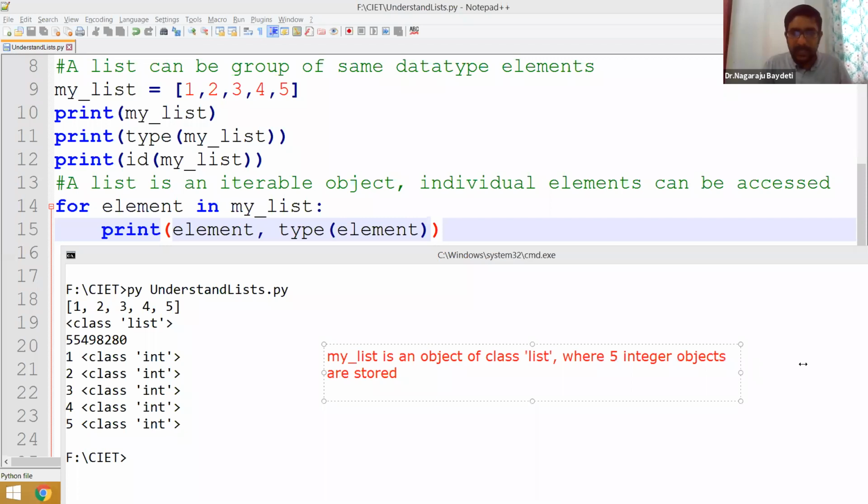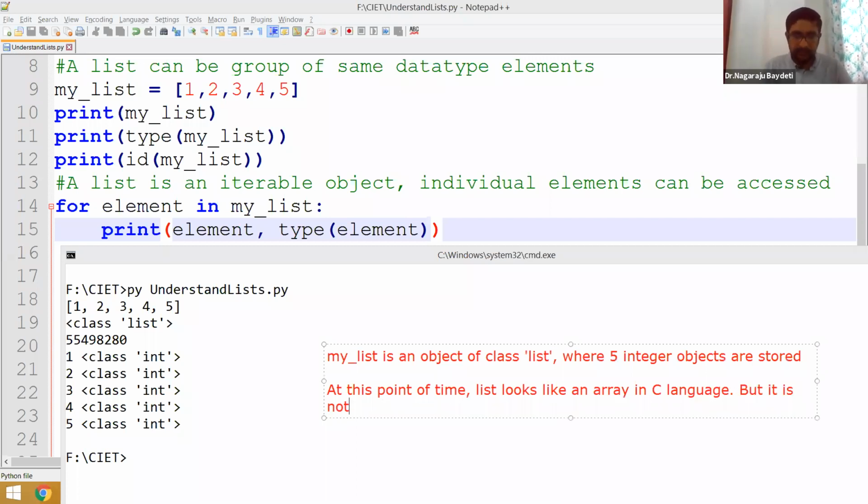So when I am saying this, it looks like an array. At this point of time, a list looks like an array in C language, but it is not. Why it is not, I will tell you.